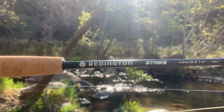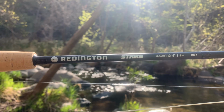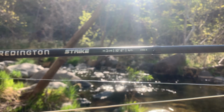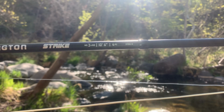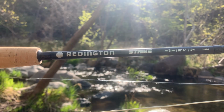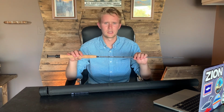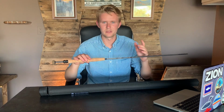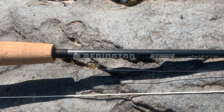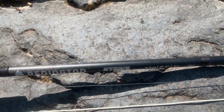This is a matte black color, so it's not over painted. It's not that glossy finish you find on a lot of different rods. It's not going to flash or anything on the water. It keeps a low profile, but it's just a sharp looking rod. You have the matte black cars you see, you always kind of know there's some sort of sense of mystery surrounding those cars and the paint job and things like that, and you get that same feel with the Redington